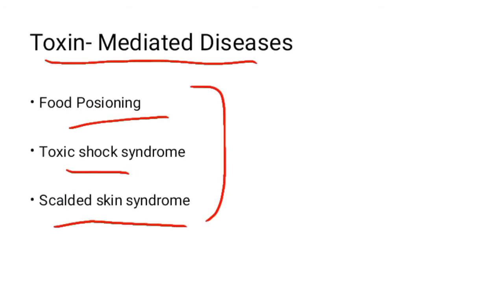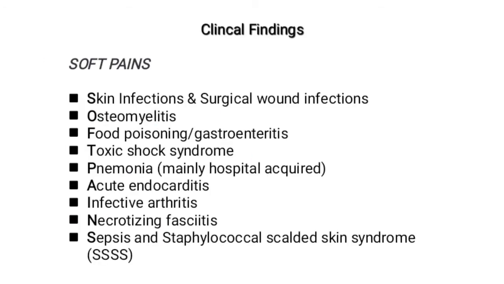But before going to pathogenesis, we can learn all the clinical findings by a mnemonic, SOFT PAINS. There are a lot of diseases that are caused by Staph aureus. How can we learn them? We can learn them simply with the help of the mnemonic SOFT PAINS. S stands for skin infection. O is osteomyelitis. F is for food poisoning, and T of the SOFT is toxic shock syndrome, while